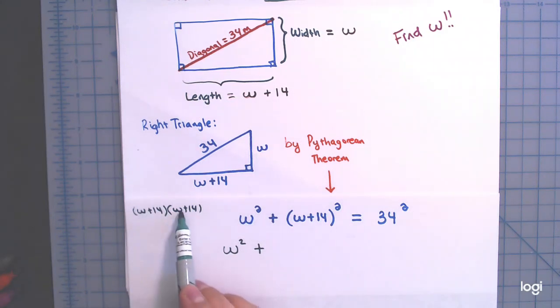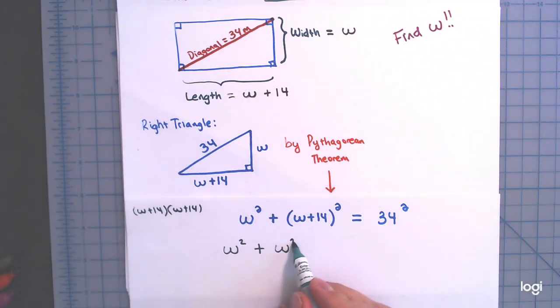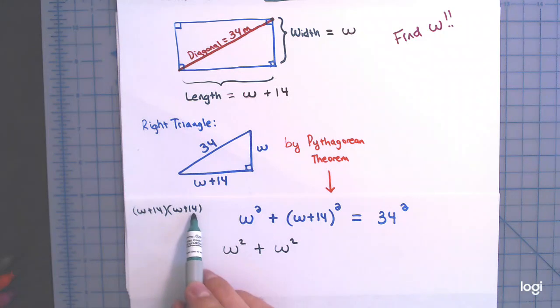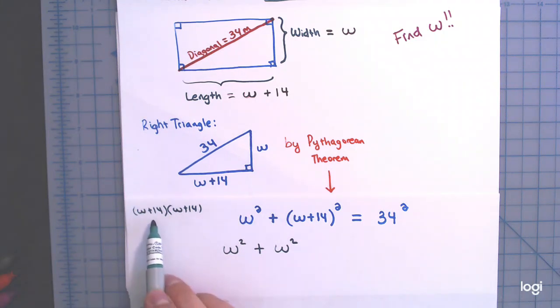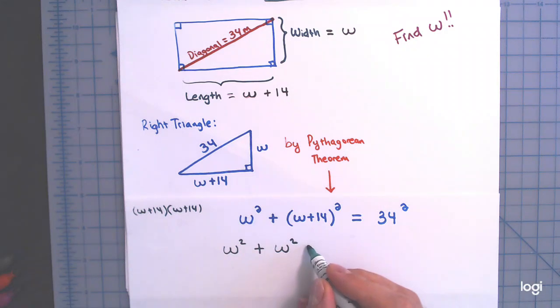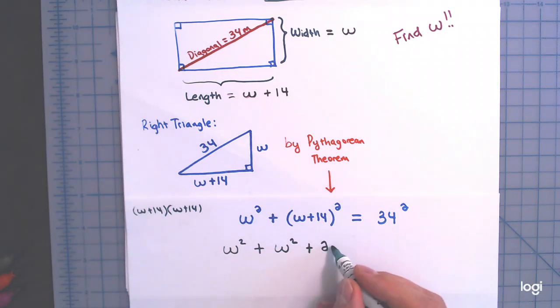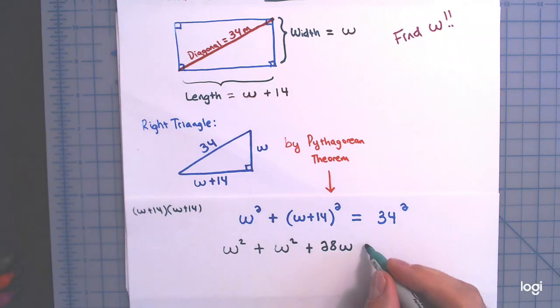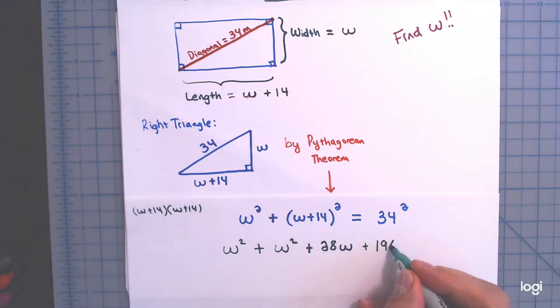So I'd have W times W, which is W squared, then W times the 14, which is 14W, and then another 14 times W, 14W, and 14W plus 14W would make positive 28W. And then 14 times 14, 14 squared, would be 196, positive 196. All right, and then on the other side,